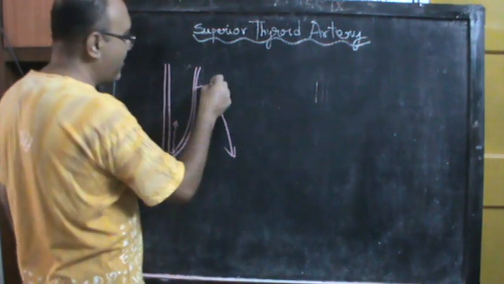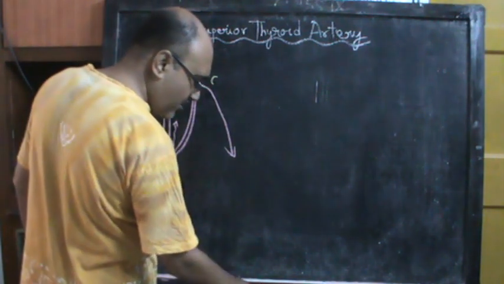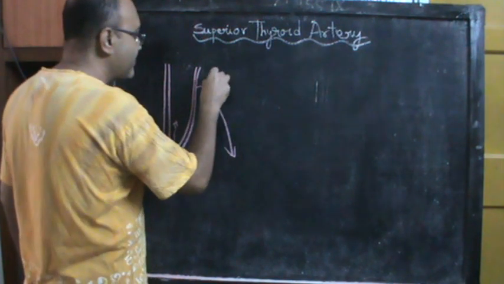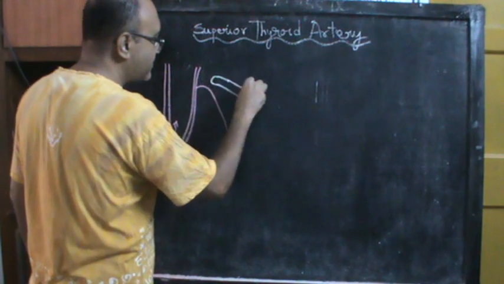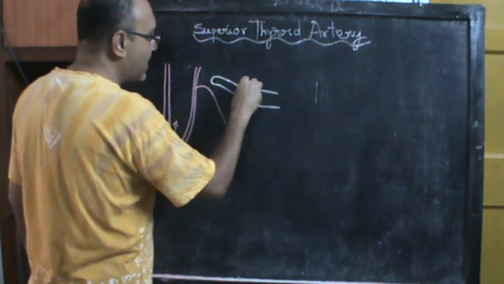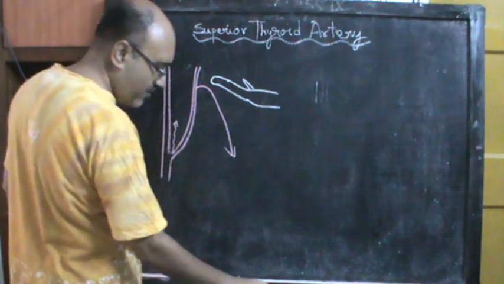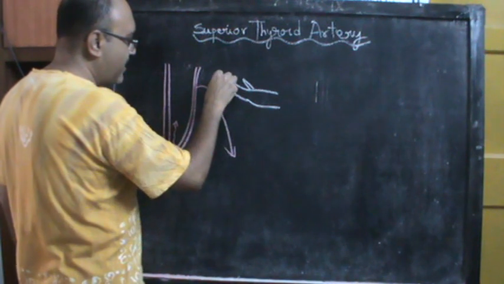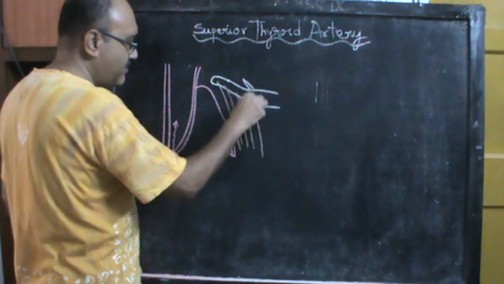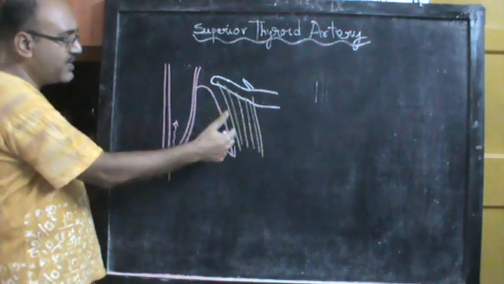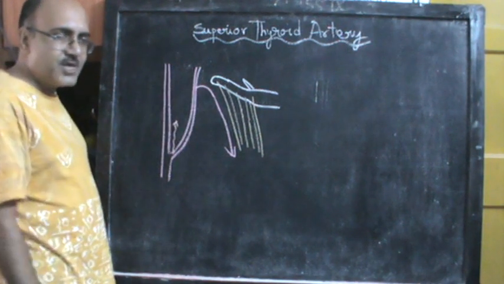So if we draw the hyoid bone, we are saying it's just below the greater cornu. So suppose we draw the hyoid bone, the greater cornu, we draw it. And the lesser cornu as well. So if this is the greater cornu of the hyoid bone, then this would be the thyrohyoid muscle. This is the thyrohyoid. So you can see that the superior thyroid artery accompanies the lateral border of the thyrohyoid,